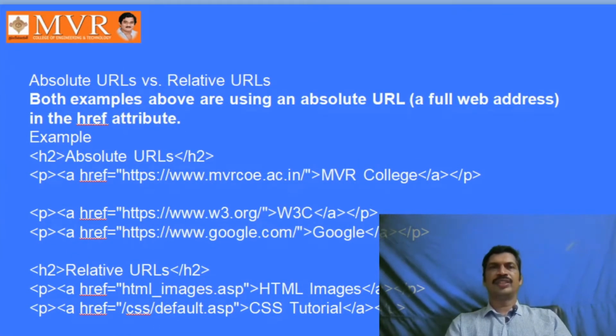Are you understanding what absolute URL and relative URL are? Absolute URL is from starting to ending. Write down one example: this is the example for our website, slash so and so. This is called absolute URL. If it is like this, with respect to the location of the file, it is called relative URL. There are two examples of relative URL and two examples of absolute URL in the PowerPoint. Okay, next one.